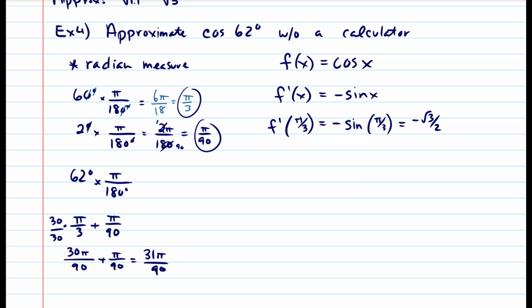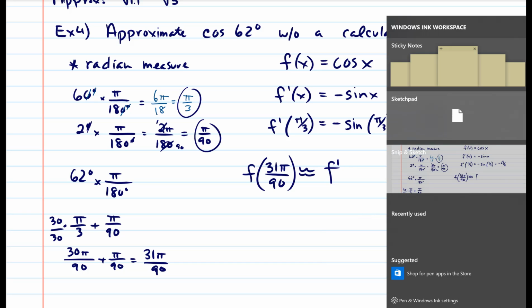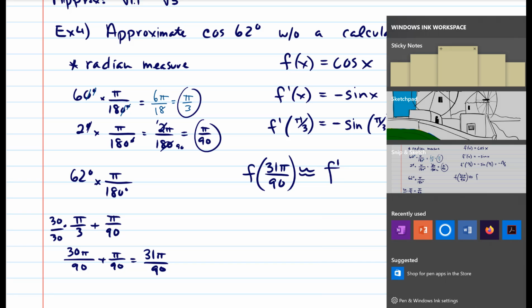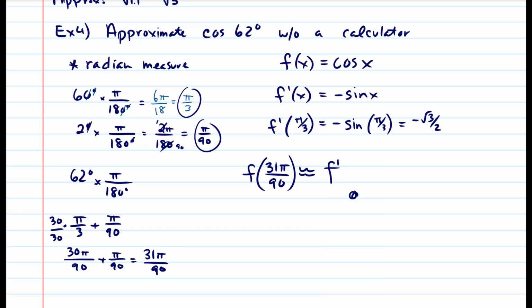Voila. Gotcha. Next is the approximation. Here it is. We are going to approximate this function at 31 pi over 90. And approximation is going to be these little guys right here. Approximation. Alright, and the formula for it, as we have learned, is the derivative. Whoa. Come on, go away. I don't need you here. There it is, okay. The derivative is